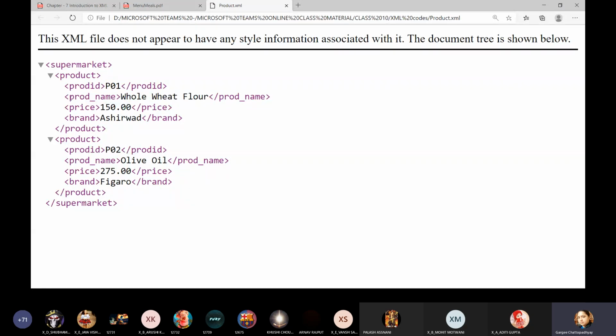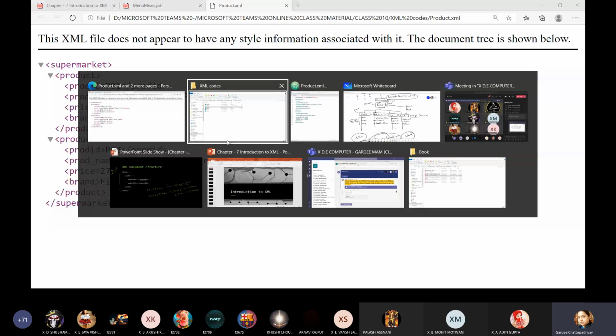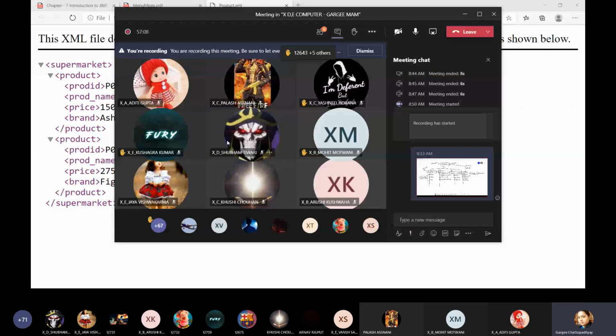These tags actually mark the data, and it will become very easy for us to pick out this data from this XML document. So I hope you all understood a little bit about how to at least start.